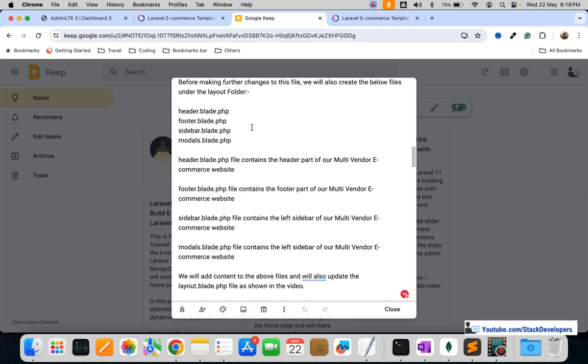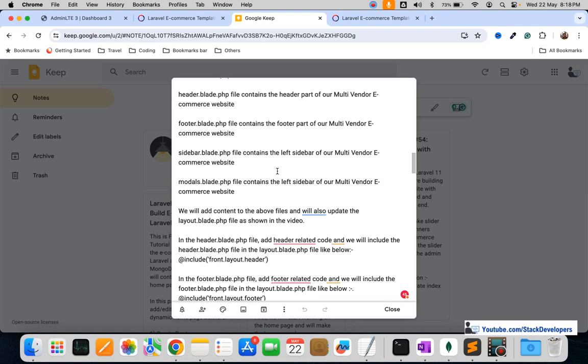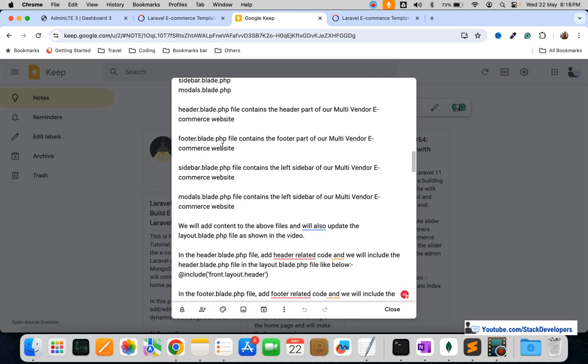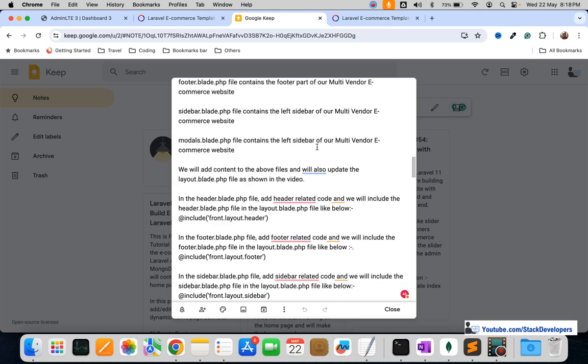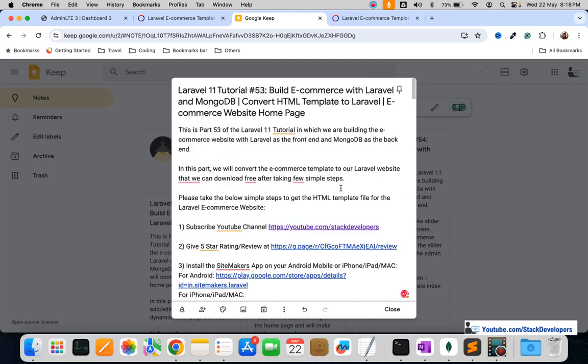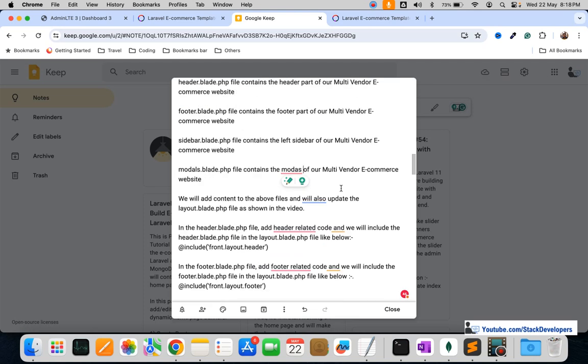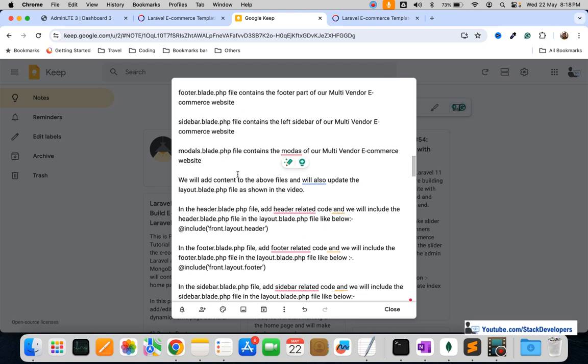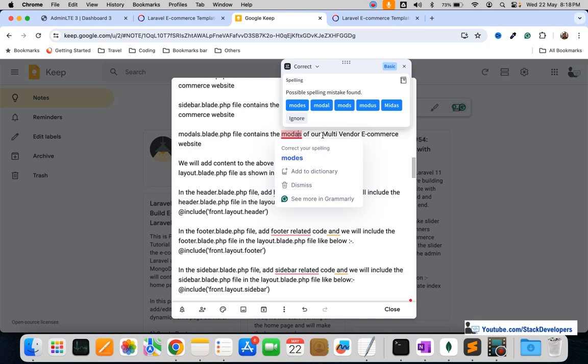Okay. So now see, here, the header file will have the header part, footer will have the footer part, sidebar will have the left sidebar, and modals will contain the modals. Okay. Sorry, I have made some mistake. So we'll have the models. Okay. So now after that